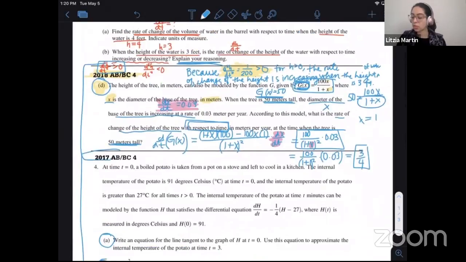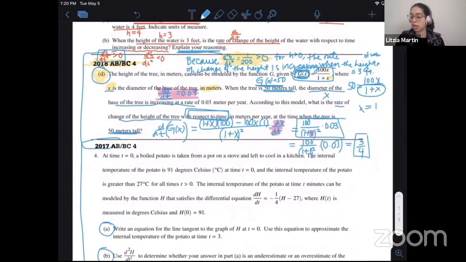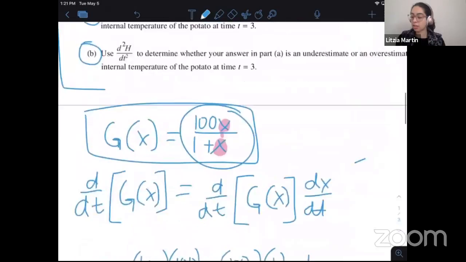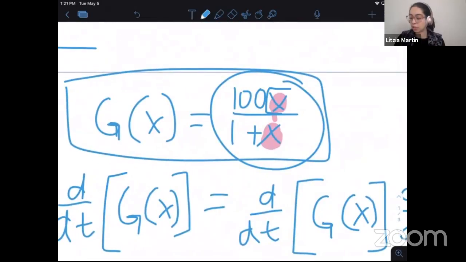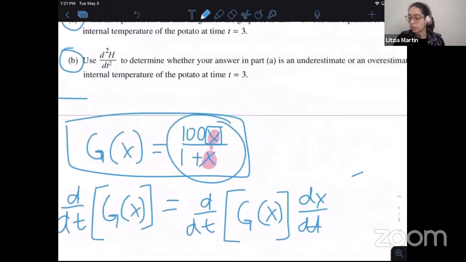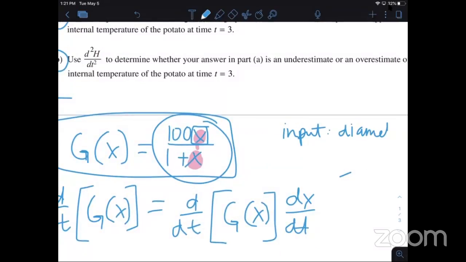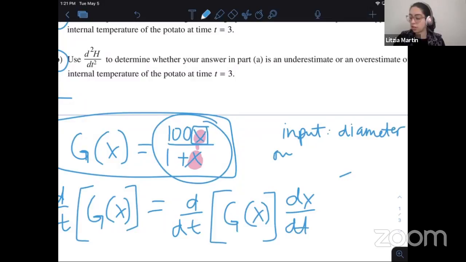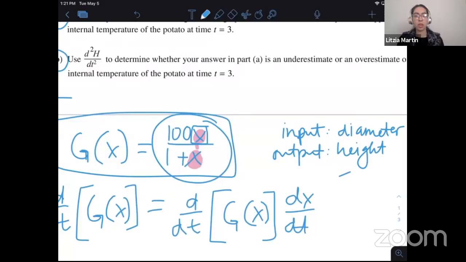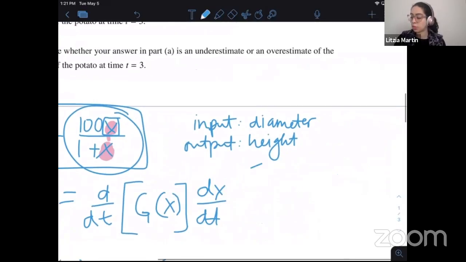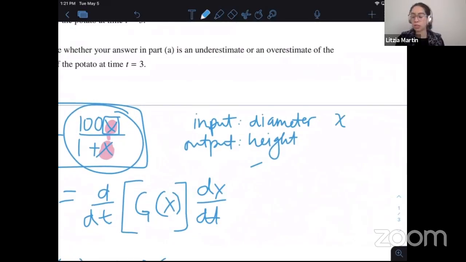The input of x is the diameter, and the output is the height. So your diameter is represented by the value of x, and your height is represented by